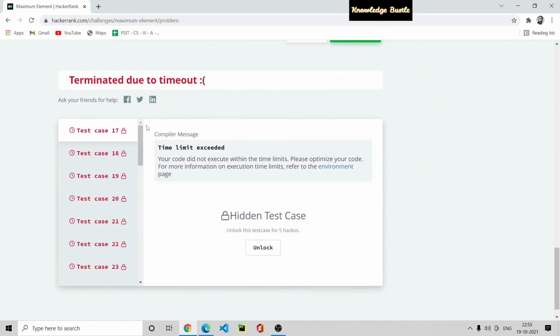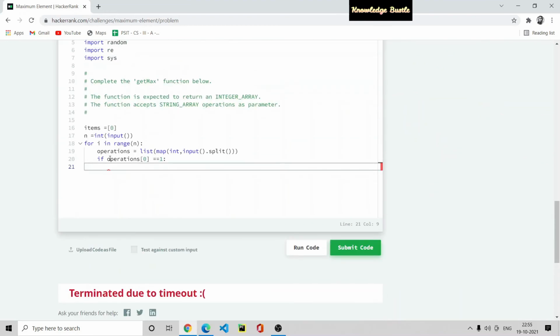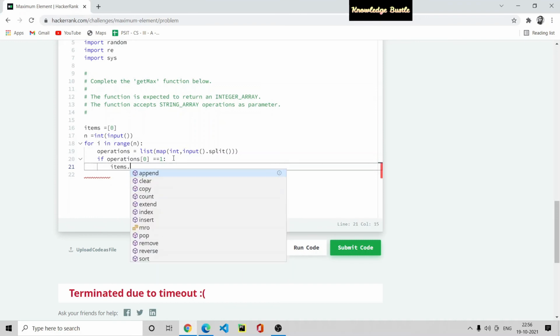So firstly we need to check if 1 is present at index 0, then we have to append, items dot append.